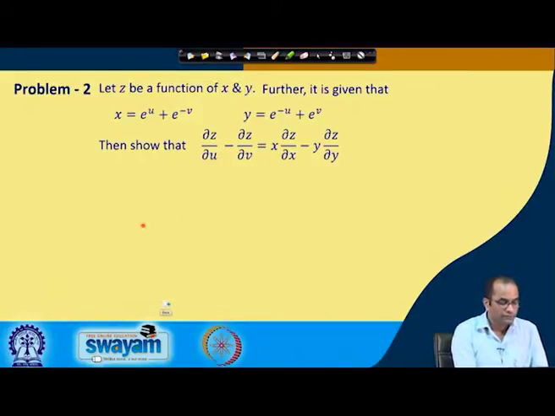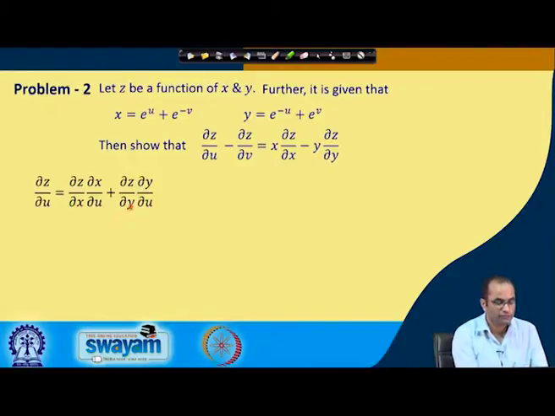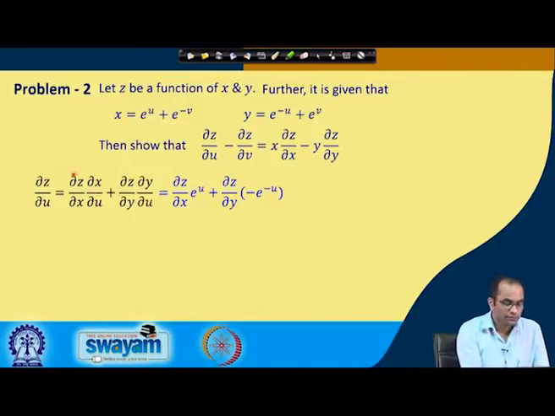So, with the formula derived above, we have the partial derivative of z with respect to u in terms of the partial derivatives of z with respect to x and y, and the partial derivative of x with respect to u, partial derivative of y with respect to u again. So, if it is u here, it will be u there in both the terms. So, in this case, del z over del x, because z is not a given function here, z is just a function of x and y. So, this partial derivative of z with respect to x will come, and del x over del u. So, what was x here? e power u plus e power minus v.